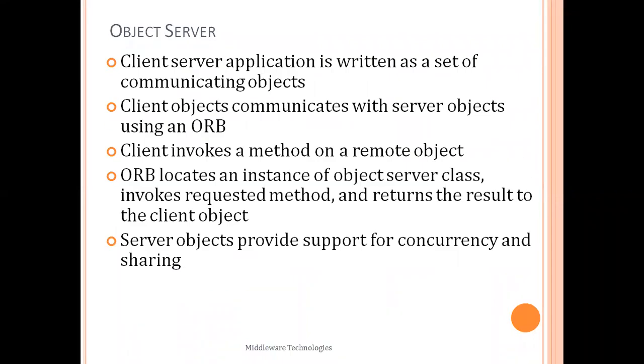So, object server. Here, the client as well as the server will both be designed in terms of objects. So the server is nothing but the collection of objects, whereas the client application will also be written in a set of objects. In the previous example, we have seen that a client will be an interface. Through that interface it will provide the request to the server. But here, as the server is nothing but an object, we should write the client in terms of objects only. So the client object will communicate with the server object using an interface, a link, a network.